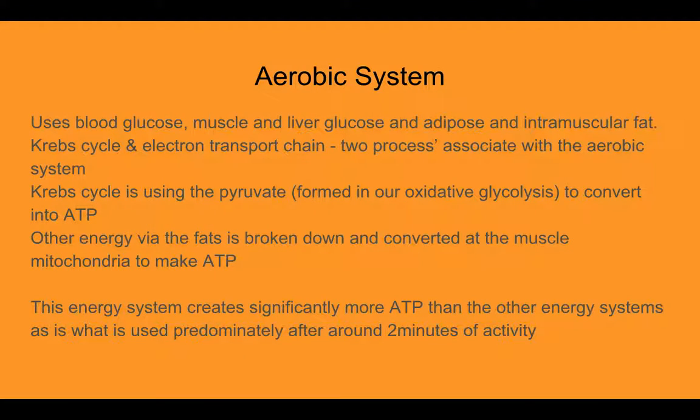So the aerobic system uses the blood glucose, which we discussed before, muscle and liver glucose, which we used before, and your adipose and intramuscular fat. So the Krebs cycle and the electron transport chain are the two processes associated with the aerobic system. The Krebs cycle is using the pyruvate formed in our oxidative glycolysis to convert into ATP. So that's the Krebs cycle, the one you'll be using a lot when you're running at above 50%